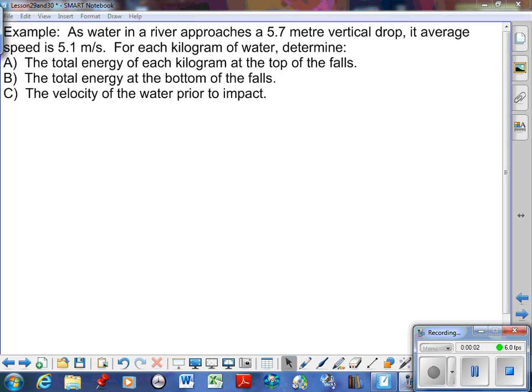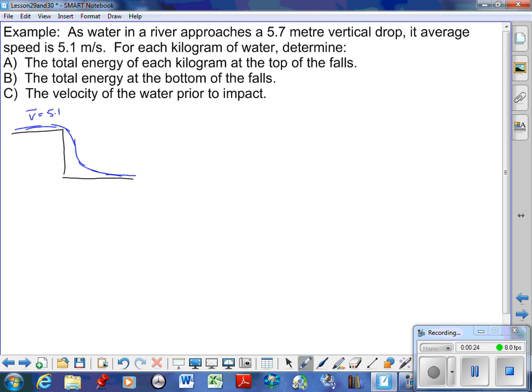All right, so the first of two examples here. Water in a river approaches a 5.7 meter drop. So just to give you a sketch, water coming down, goes down a waterfall, continues on. So we know the velocity at the top here is about